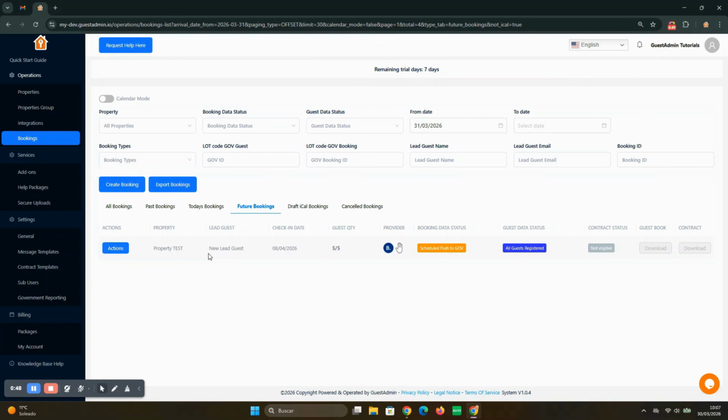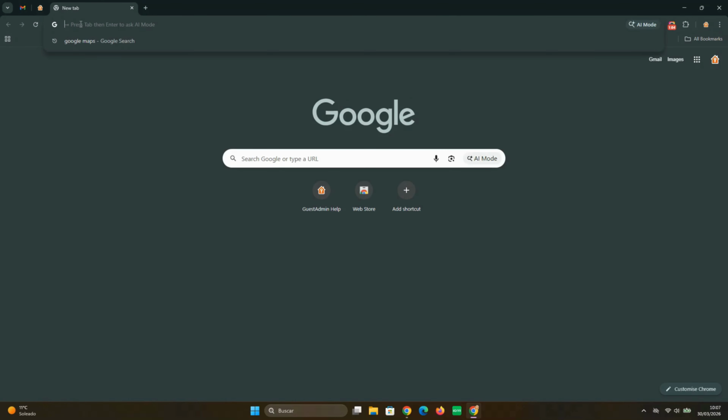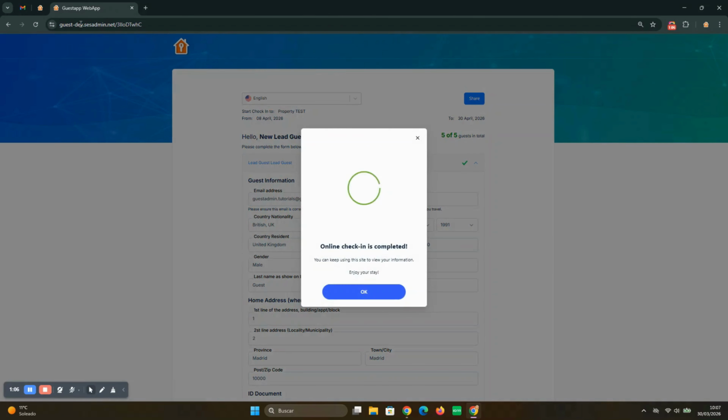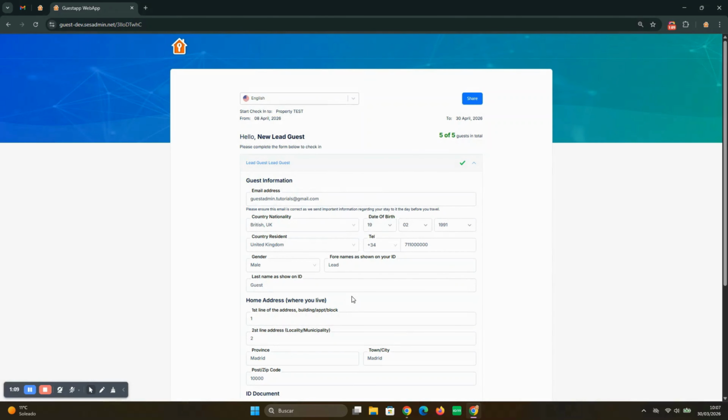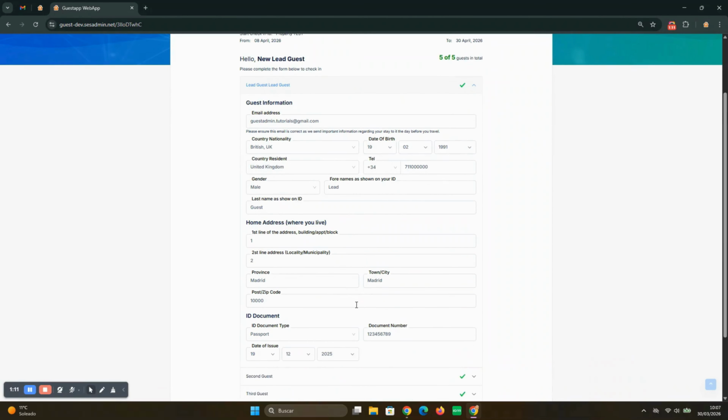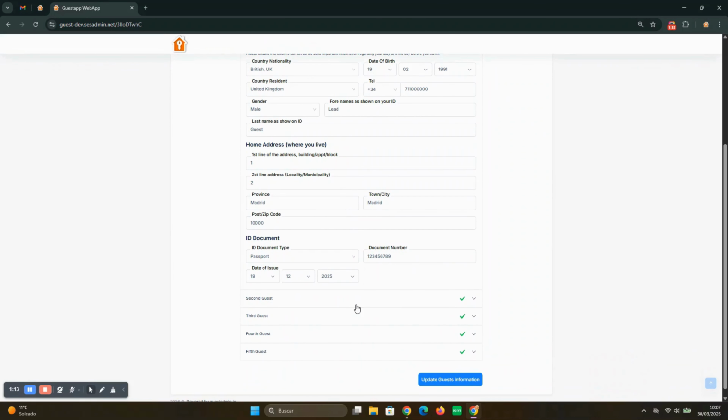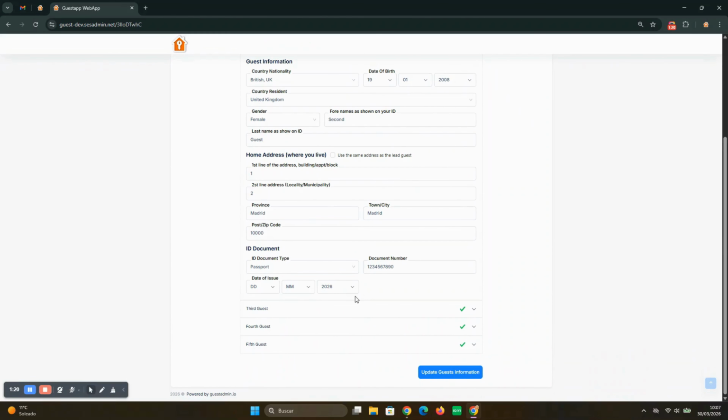Now, and this is really important, if we want to change any information previously registered by the other guests in our booking, they can do this themselves by accessing the form again. However, this is only possible before the collected data is submitted to the authorities. The data is submitted to the authorities during the night of the day after the check-in date. Once the check-in date has passed, access to the form will be automatically locked, preventing any further changes or updates